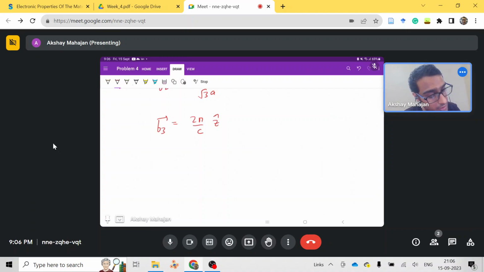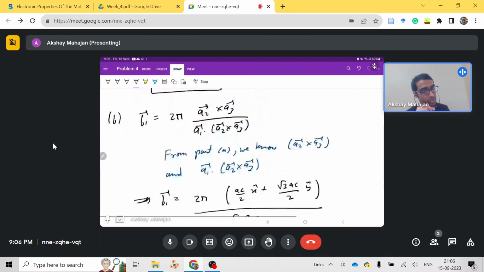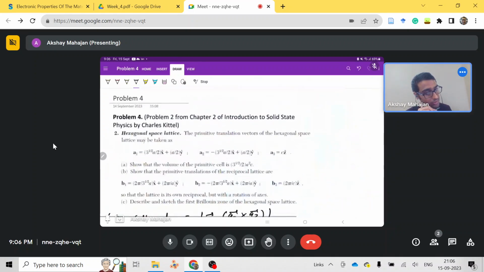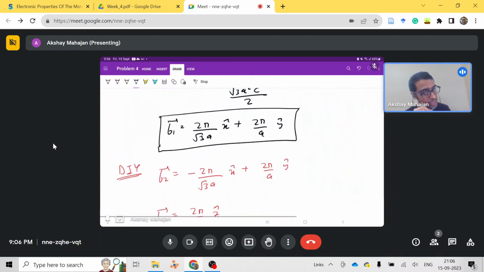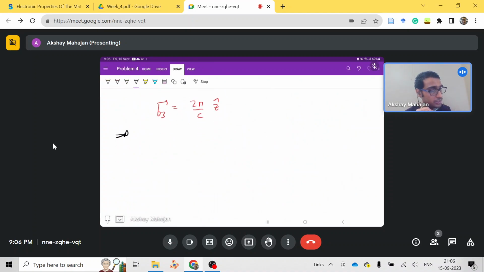Now we have to show that the reciprocal lattice vector for this hexagonal one is also similar, that is, the lattice is its own reciprocal but with a rotation of axis. This is what we have to prove. So the reciprocal one is also a hexagonal lattice. This we have to prove. Now here